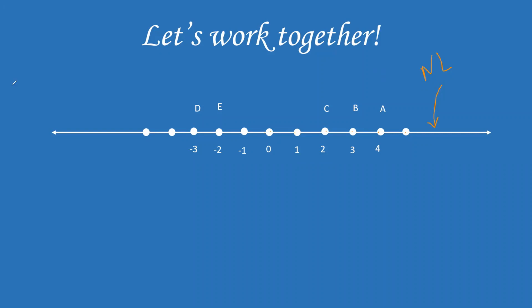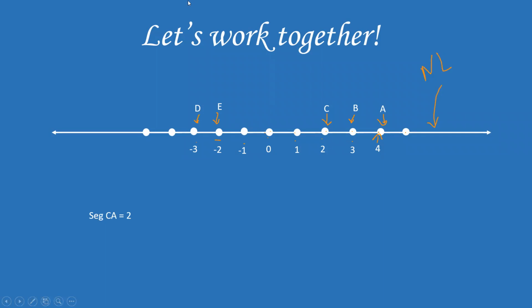Okay, no problem. I have named those points now. This is point A, this is point B, this is point C, this is point E, and this is point D. These are the units I've given: this is 4, this is 0, this is 3, this is 2, this is 1. Now let's say I have segment CA.